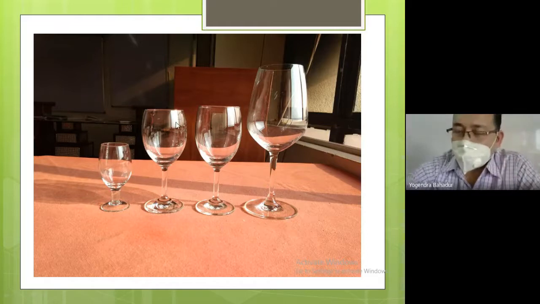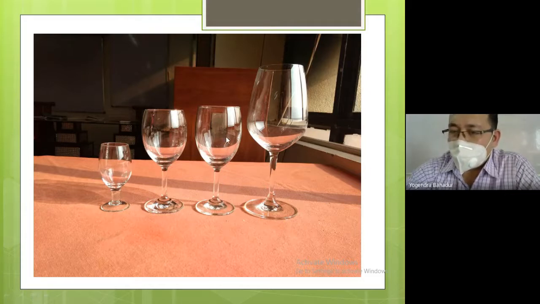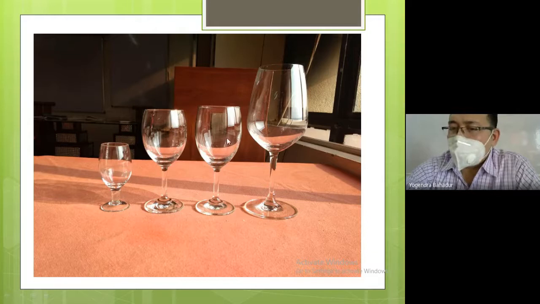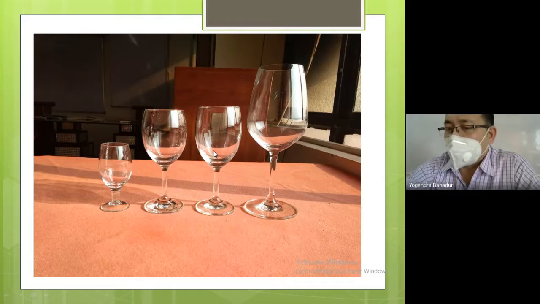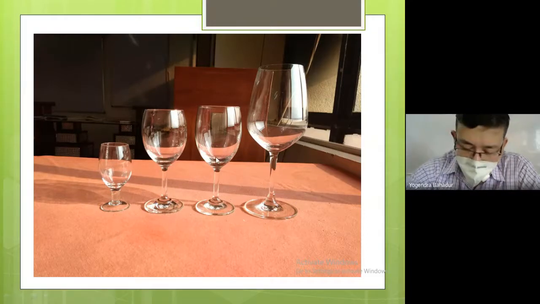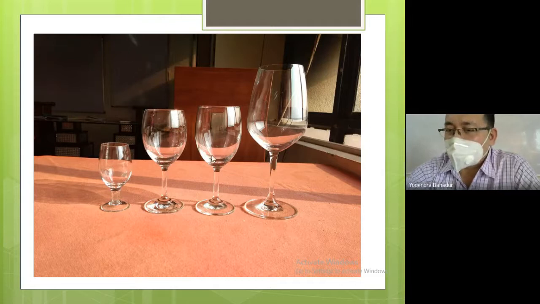Next to it, this is the red wine glass. Red wine glass quantity is 6 fluid ounce. Next to the red wine glass, I'm talking about the 3rd glass from the left hand side, having a slightly longer stem, is known as the white wine glass. Why does the white wine glass have a slightly longer stem? Because white wine is supposed to be served chilled, and red wine is supposed to be served at room temperature. So while serving the white wine, we don't want the palm of the guest to transfer heat to the white wine.